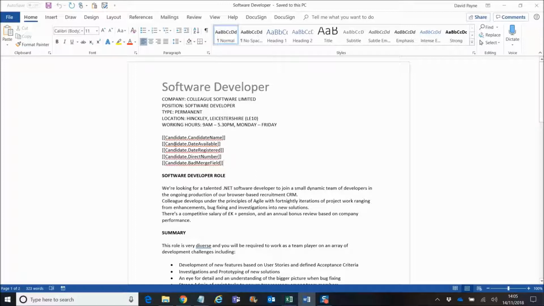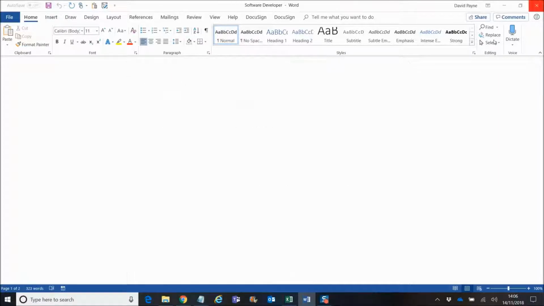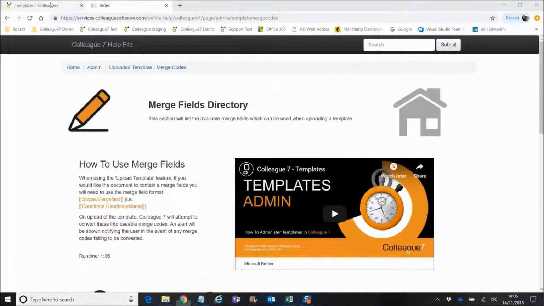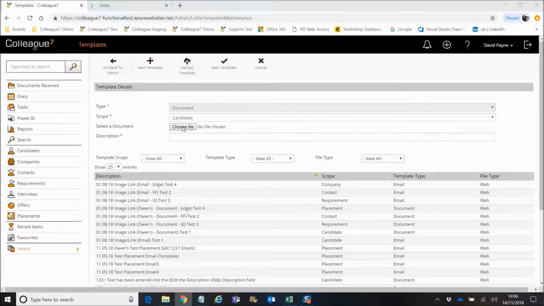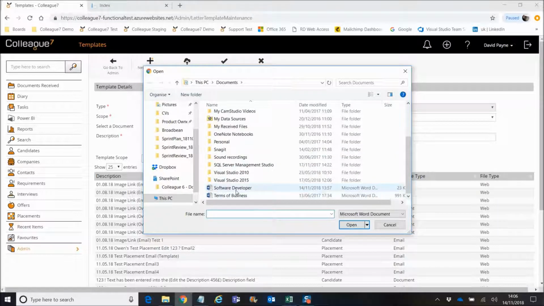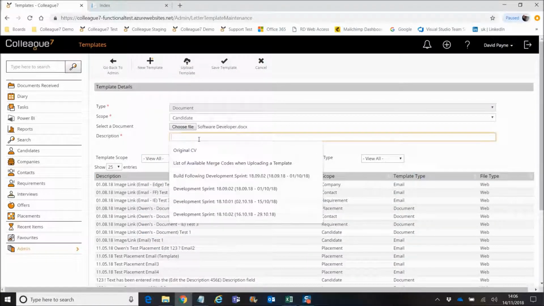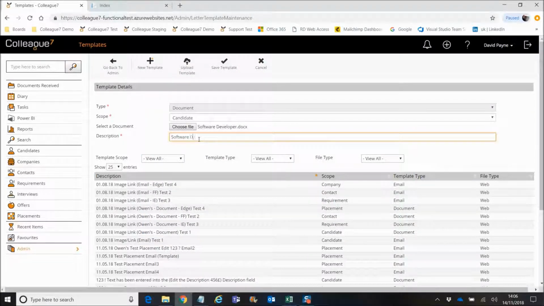So just to demonstrate how this would work, you'll see here that I've got essentially 4 valid merge fields in terms of it being the scope name of candidate and then the associated field name afterwards. And then I've purposely put in a bad merge field ID here just to demonstrate that it has some validation as part of that process. If I close that down and we then go back to that template list here, I'll choose the file that I was just looking at there. And then if we just put a name here,